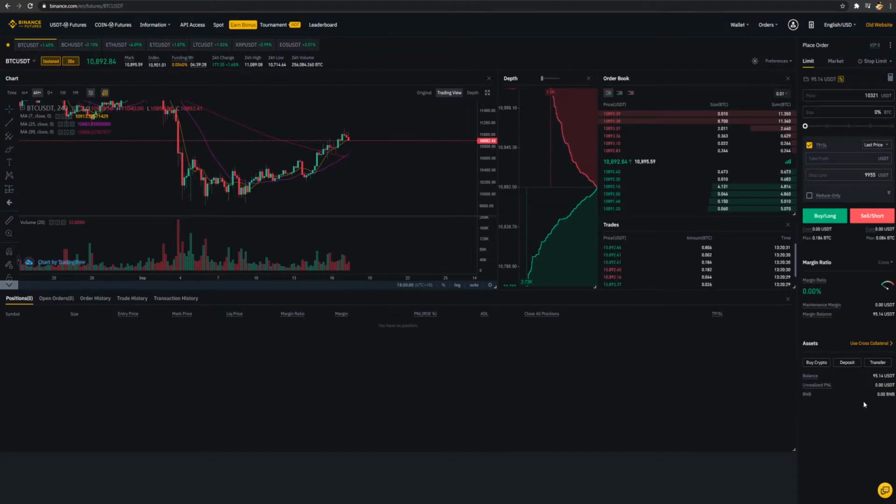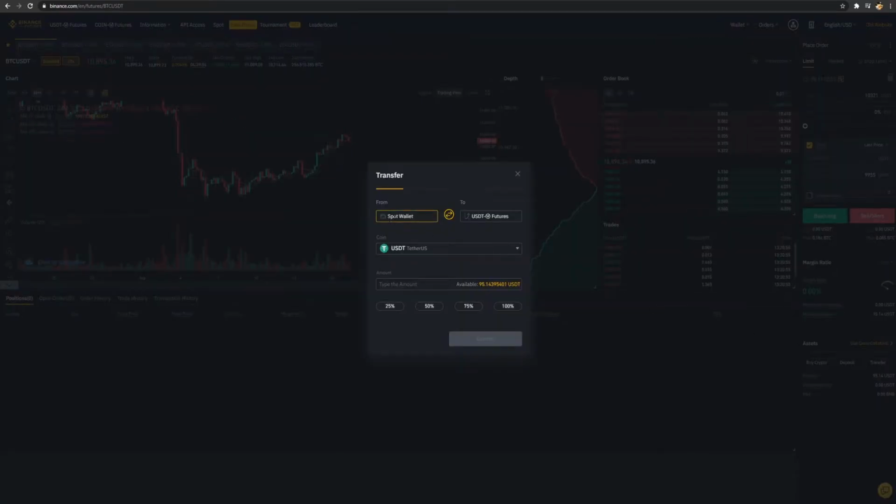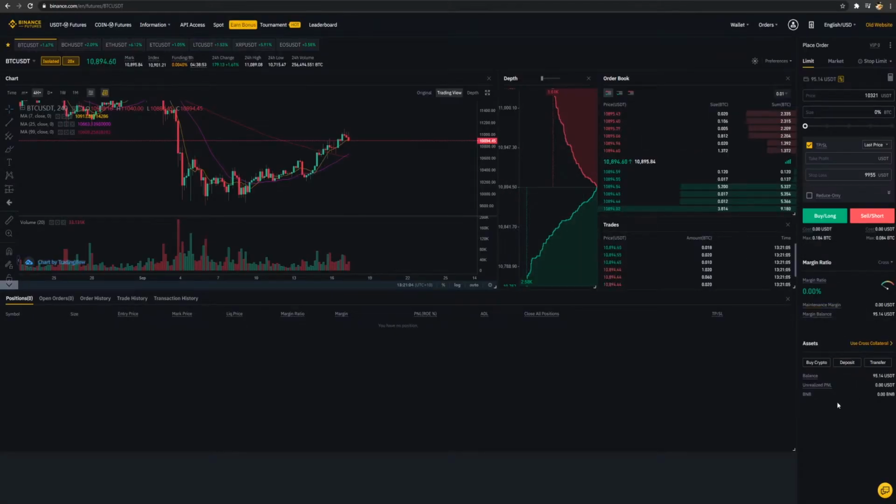So what we need to do when you first look at this, you will have nothing in your futures wallet. So you need to transfer some funds over. And what you need to do to trade BTC USDT, you need to transfer USDT from your spot wallet over to your futures wallet. And how you do that, you come over to the futures section in Binance, and then you look for the transfer. So from spot to USDT futures, coin USDT, excuse me,